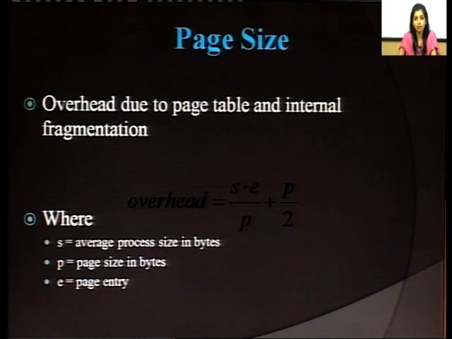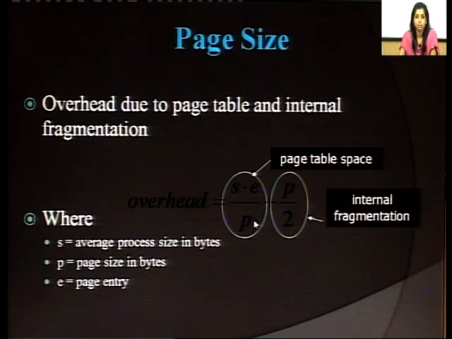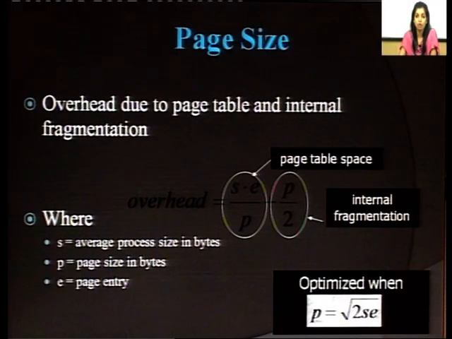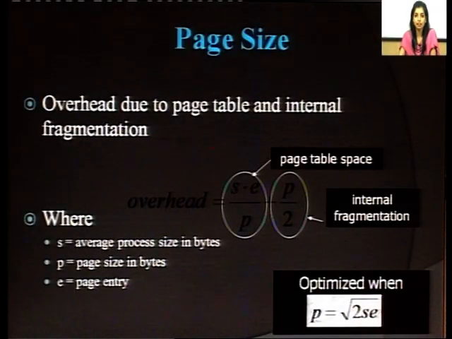Okay, so when we look at designing page tables, it may also increase the overhead. It also requires internal fragmentation. So overhead can be calculated as: overhead equals average process size in bytes times page entry size in bytes divided by page size in bytes, plus page size in bytes divided by 2. This is the page table space plus internal fragmentation, and it is optimized when p equals the square root of 2se. Okay, we take the square root, then we calculate the